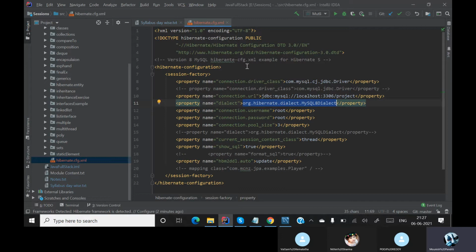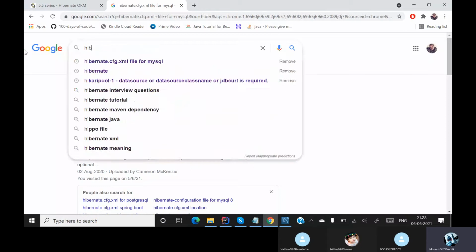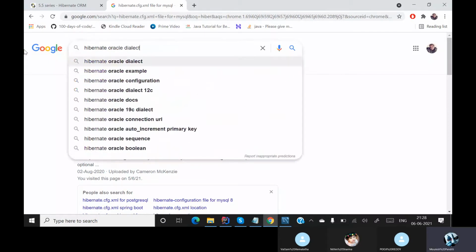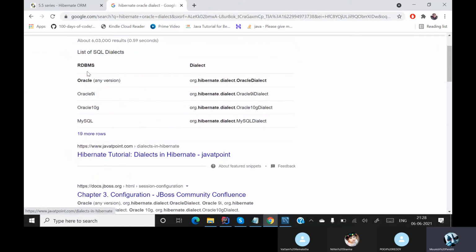Okay, with Hibernate, we normally say that it is database independent, meaning whichever database you take, Hibernate will not be affected. The reason it will not be affected is because of the dialect. So this is the latest dialect for Hibernate and MySQL. If you go to Google and type something like Hibernate Oracle dialect, then you can see for Oracle any version you have this dialect.